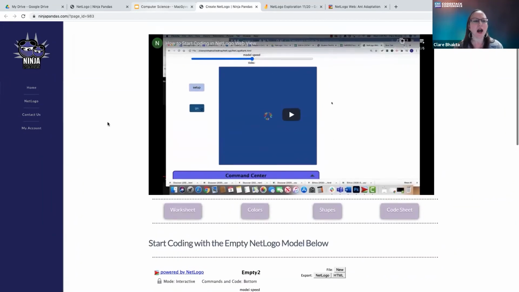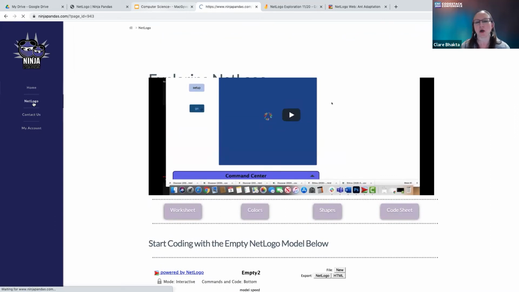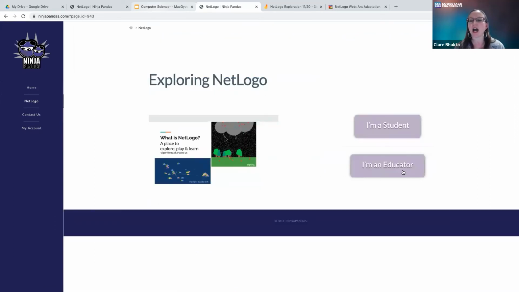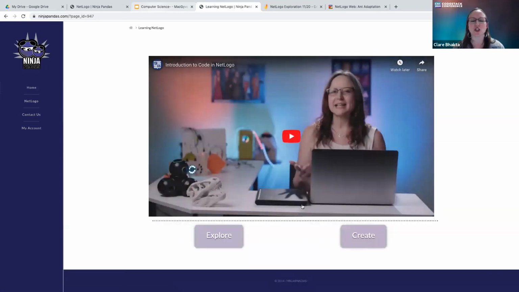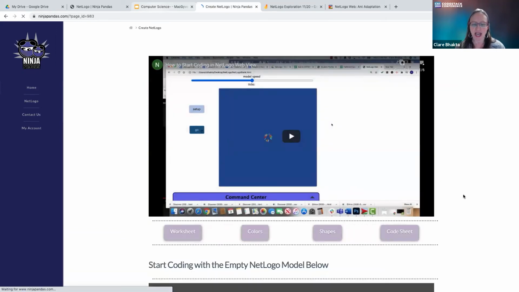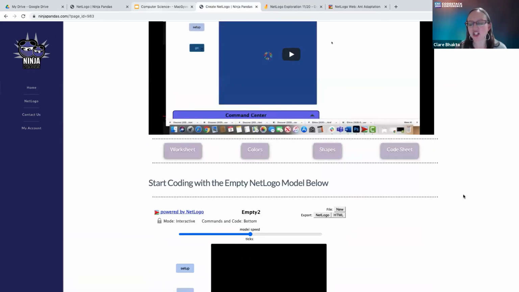And when you come, if you follow NetLogo, if you're an educator, you want those lesson plans, you can follow that path. But I'm going to pretend to be a student because we're students today. Now, that exploring workshop would be off this button, but we want to take it here and create. So these lesson pages have everything built into them, because the one thing I've learned with my students is